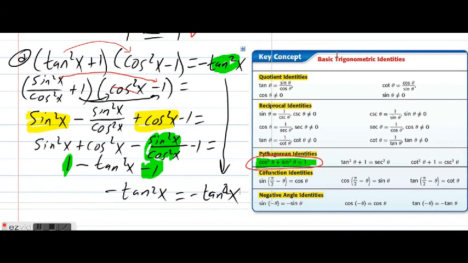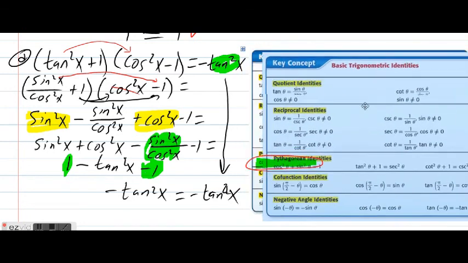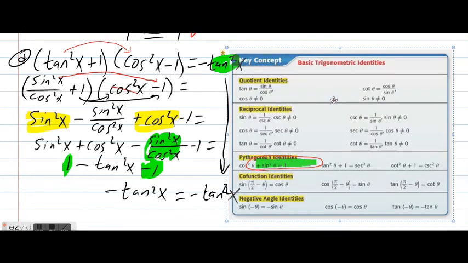Alright, so I really hope that you're trying these problems because you have to go through and do some thinking. Alright, you have this whole trig function identities